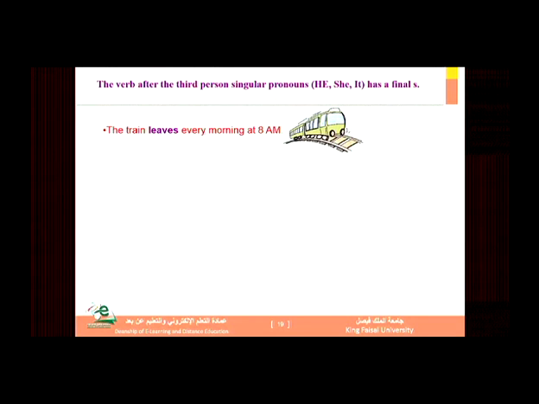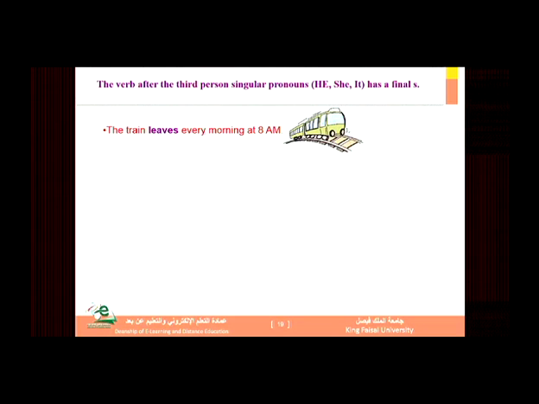Now these are some examples showing that the verb after the third person singular pronoun he, she, it has a final S. Look at this sentence. We say the train leaves early morning at 8 o'clock. So the verb that we have here is the verb leave. At the end of this verb we have an S added